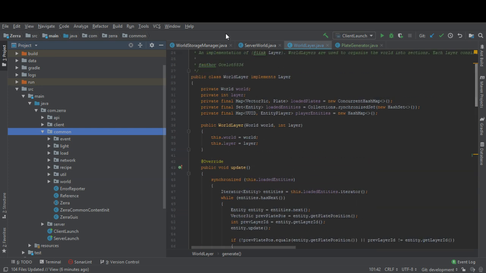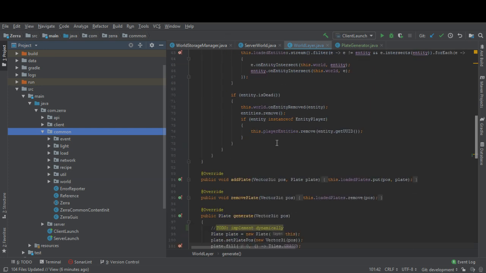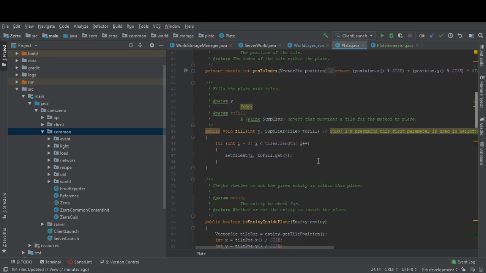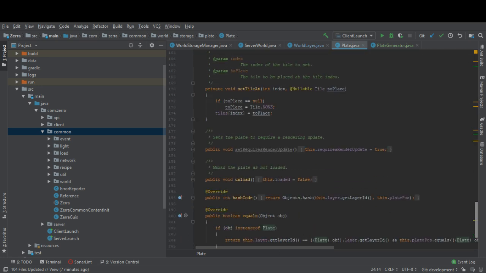But the thing is, when you have a plate, this plate is 16 by 16, which means that for some way, we have to get